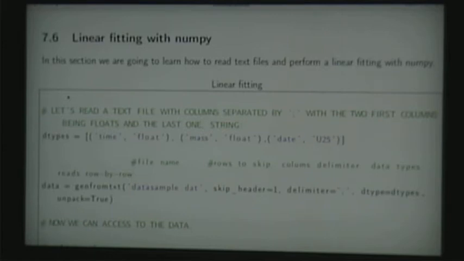Where is this? It's not ls data sample, because you have to give the full path. Either you move to where it is, or you just give the full path in the name. Okay? So now data,